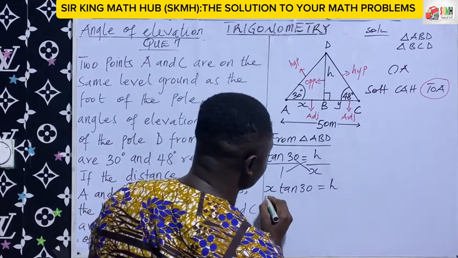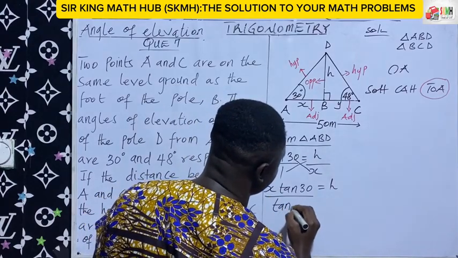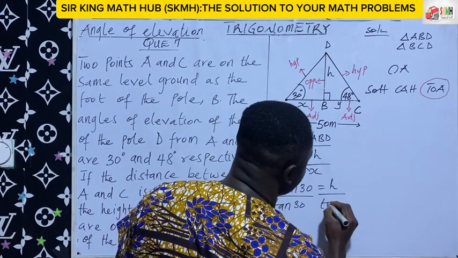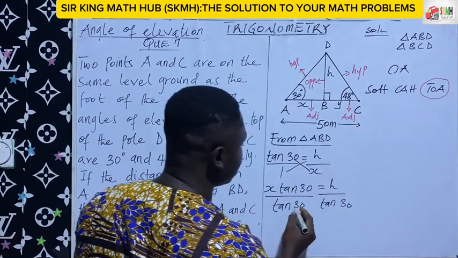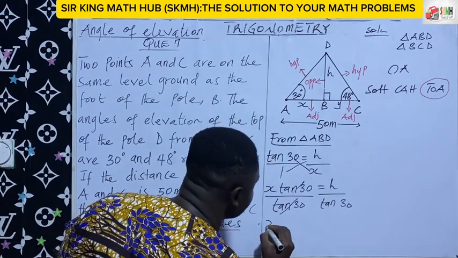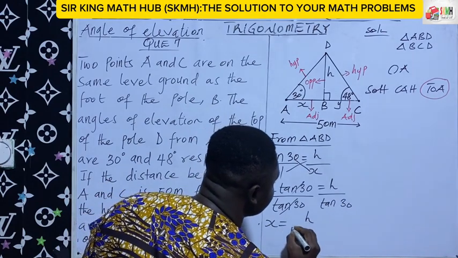So how do we do that? We have to divide both sides by tan 30. The tan 30 will cancel out, leaving X is equal to H on